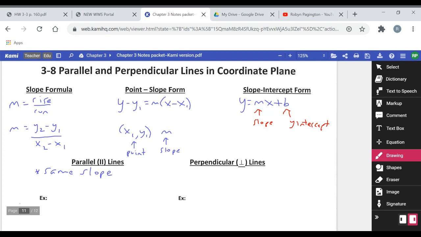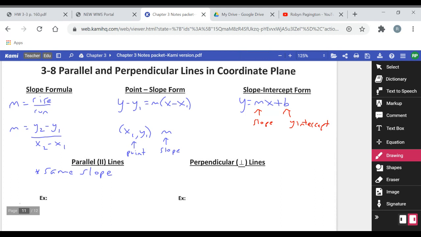Or if you want to put slopes are equal, that is fine. Another thing I can say about it is any two vertical lines are going to be parallel to each other, and any two horizontal lines are going to be parallel to each other. You know, vertical lines have no slope or undefined slope, and horizontal lines have zero slope,